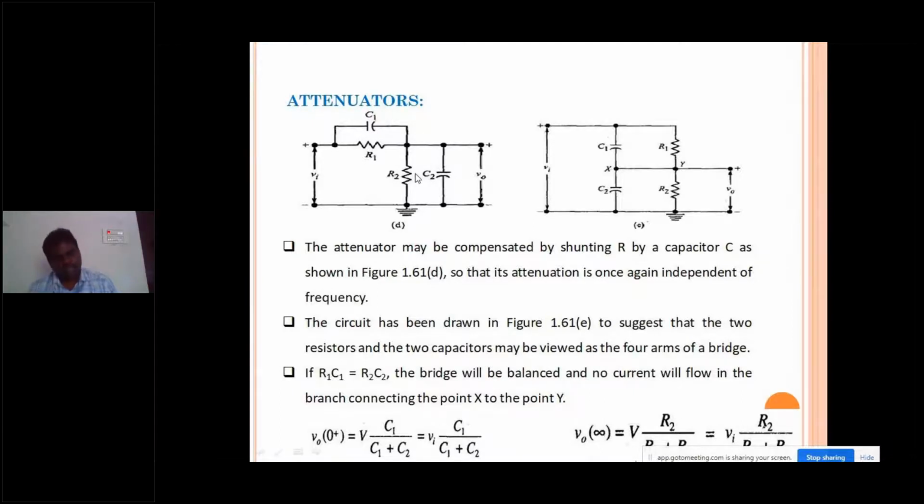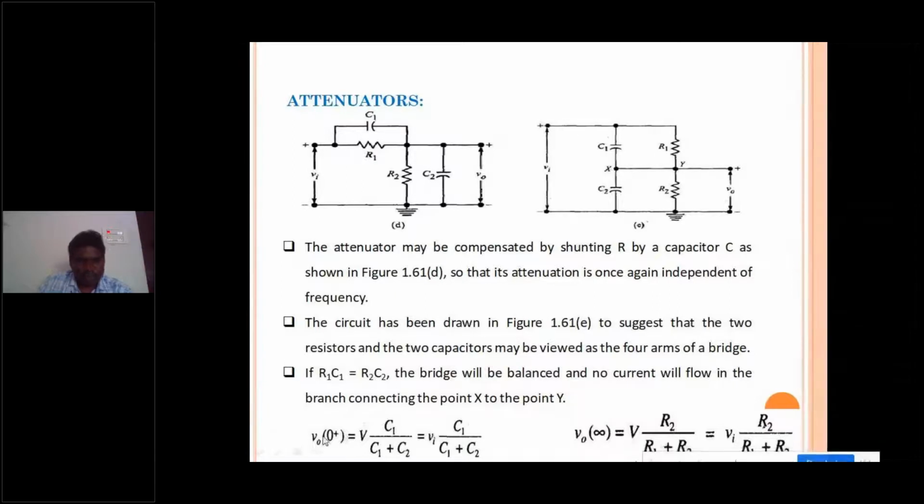C2 is the capacitance which is not connected externally. It is existing by default, that we can call a stray capacitance. The effect of that C2 can be nullified by connecting a C1 across this. So if you maintain balancing conditions, that effect is going to be reduced. See here, if R1 C1 equals R2 C2, this is called the bridge balancing condition. So if you maintain the balancing condition, then you are going to see this effect.